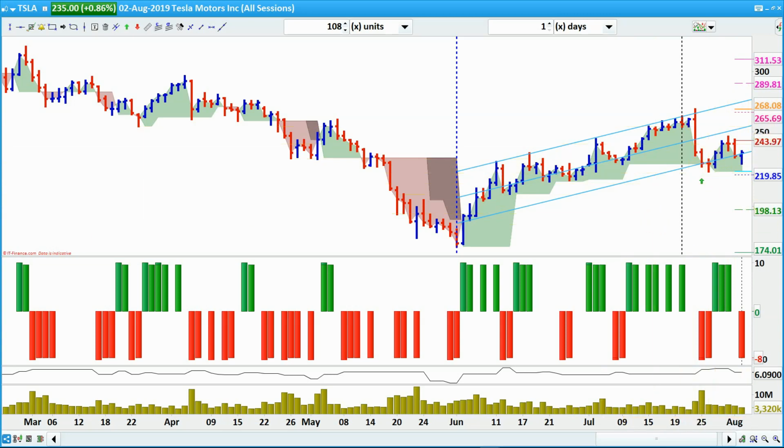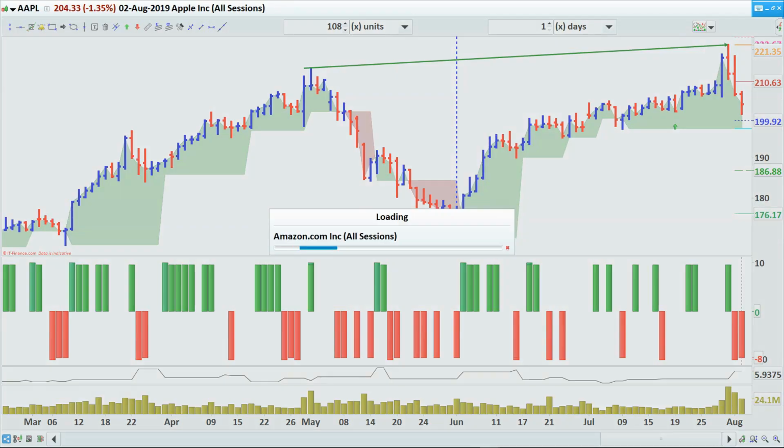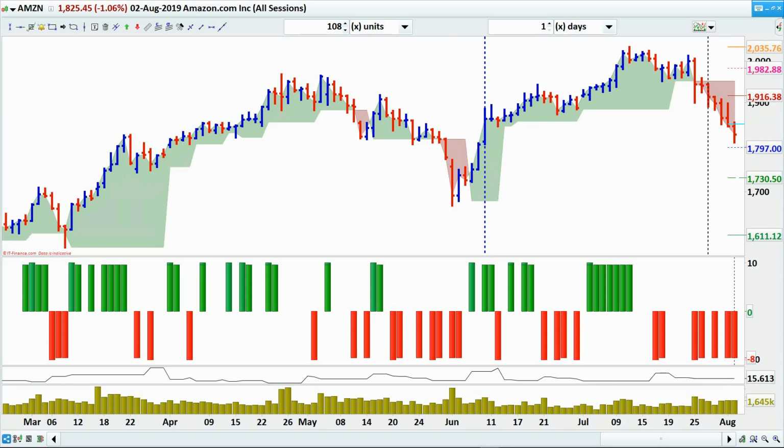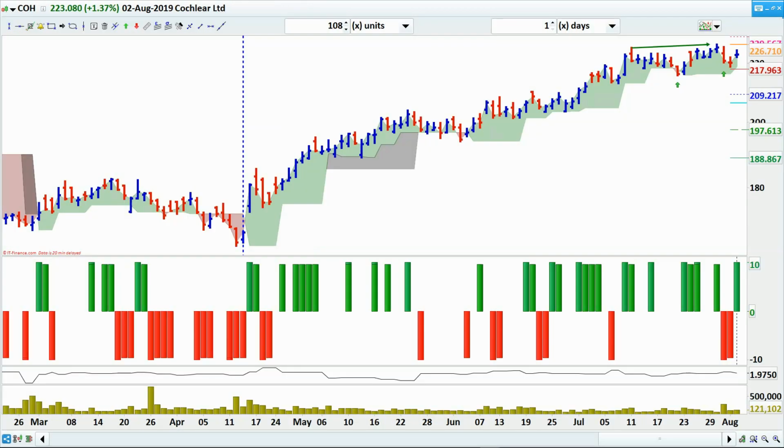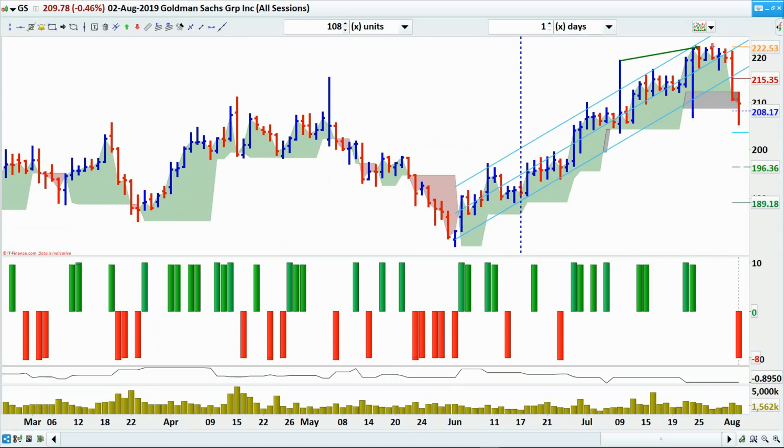So these are the shares in front of us along with the index which I told you. We preferred Apple, we preferred Amazon, we preferred Cochlear, low to be taken out. We preferred Facebook, not Google, not Tesla, but Goldman Sachs. So out of 8, we have 5 of them. Not Google, not Tesla, not Cochlear. Otherwise, 5 of them are actually trying to go short. So if we get an opportunity,